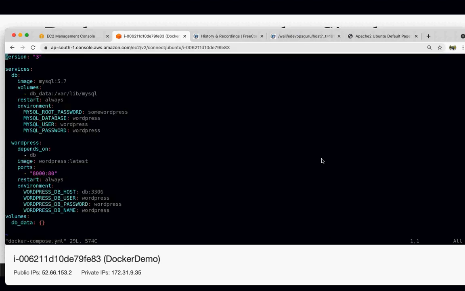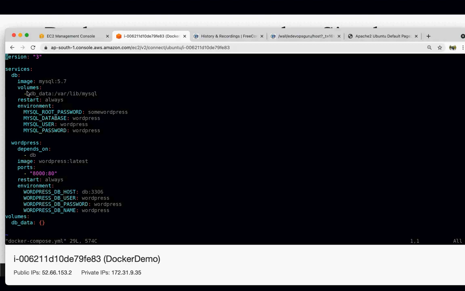So here we have a WordPress site and one database. For the database we are using MySQL version 5.7. This is like the question Alpna asked: if you want to pull a particular version of a particular base image, what is the command? Similar to this one, if you want to know the version, we can specify the version and it will pull that particular version only. If you don't specify, then by default it will pull the latest, which is available on Docker Hub.